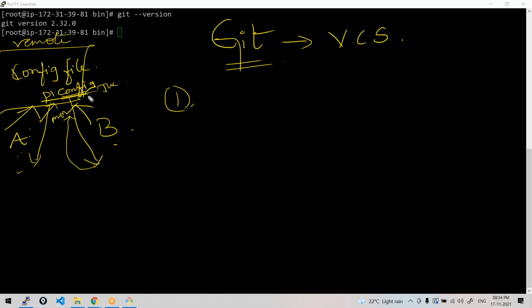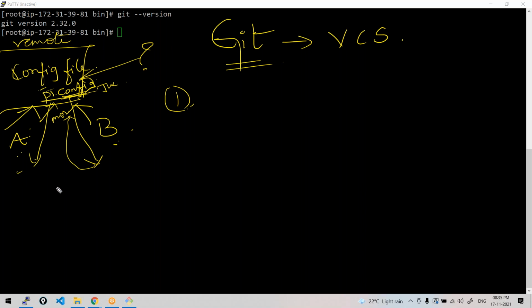I guess B can change at last. B person has placed the changes. So my question is, A made his changes and kept the file here on Monday. B completed his changes on his local computer and put this on remote on Tuesday. After B placed his changes, after Tuesday, this file will have which person's changes?